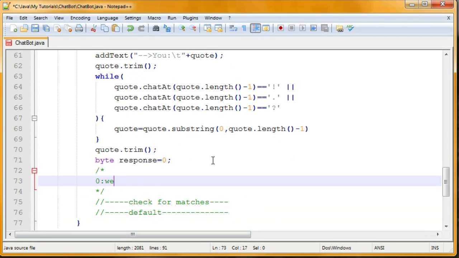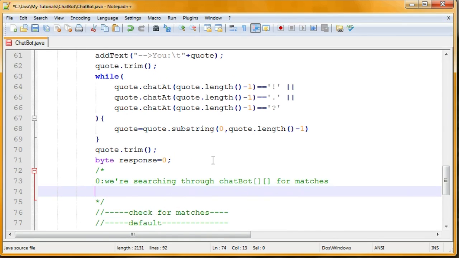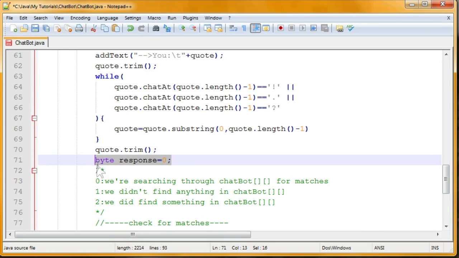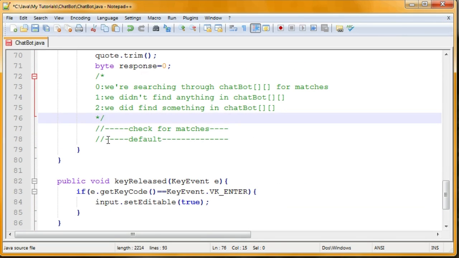So 0 means that we're searching through our chatbot array for matches. And 1 means that we didn't find anything in chatbot, meaning you have to go through our default. And 2 means that we did find something in the chatbot array. Okay. So we're going to need this to make sure that we trigger default what needs to be triggered, and